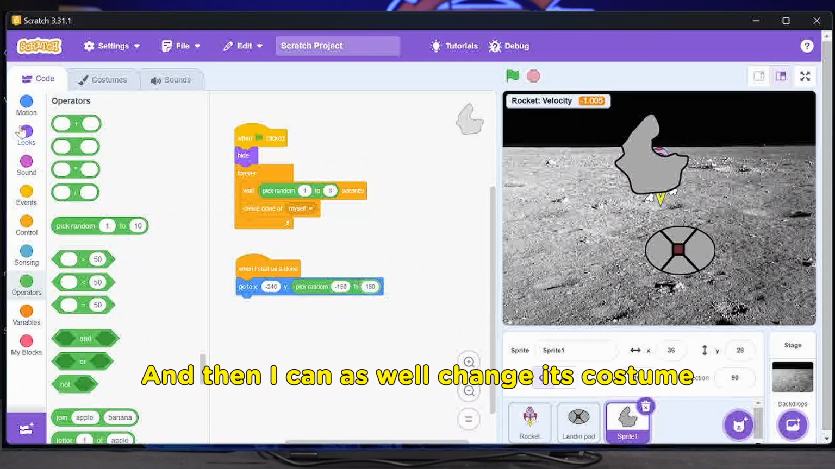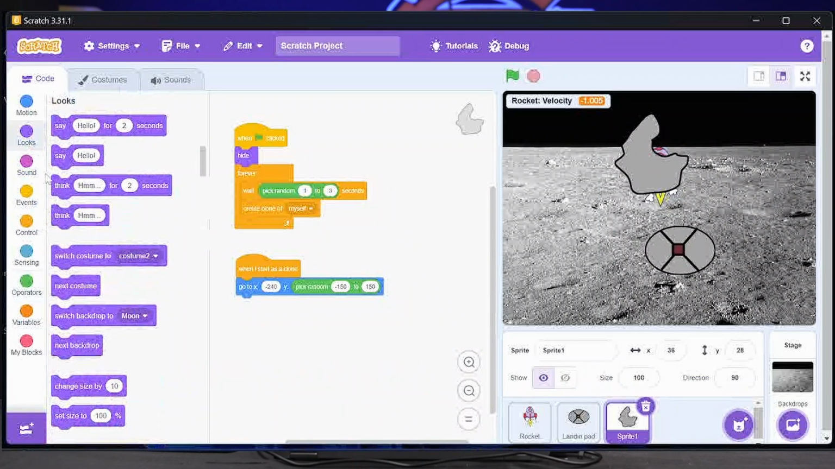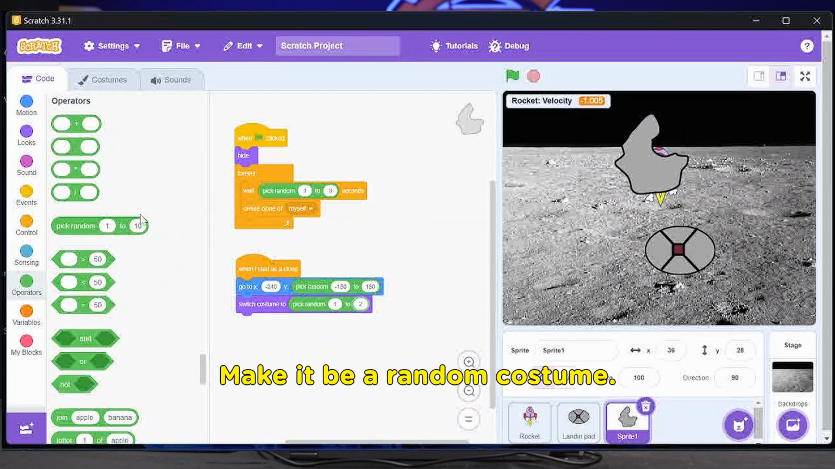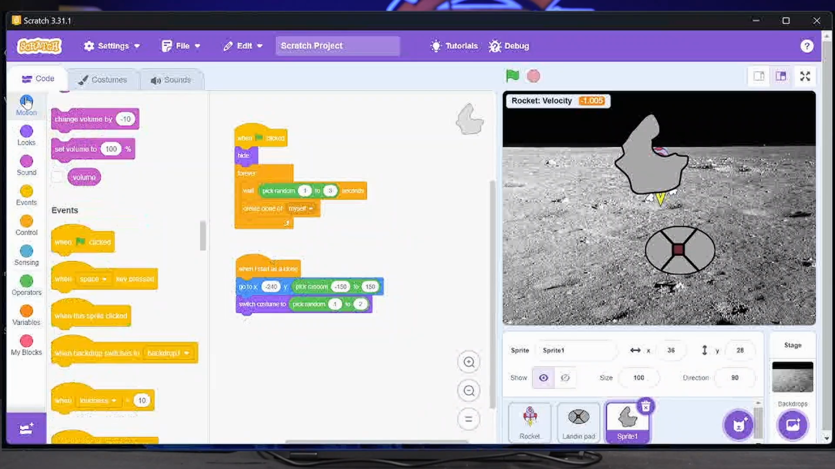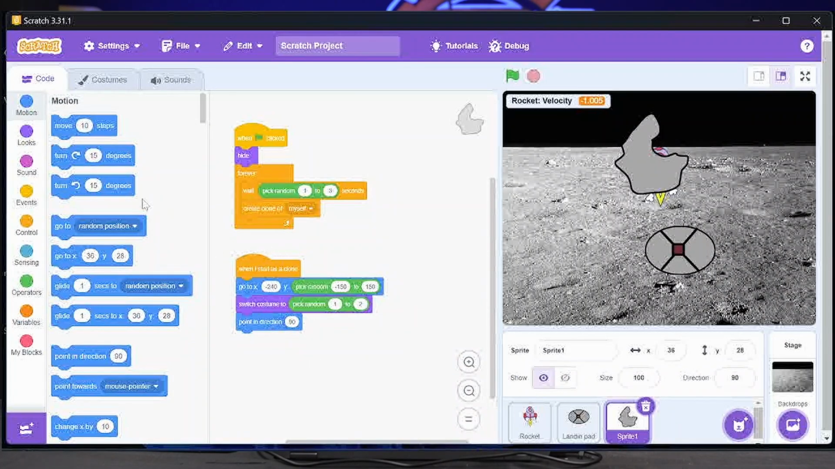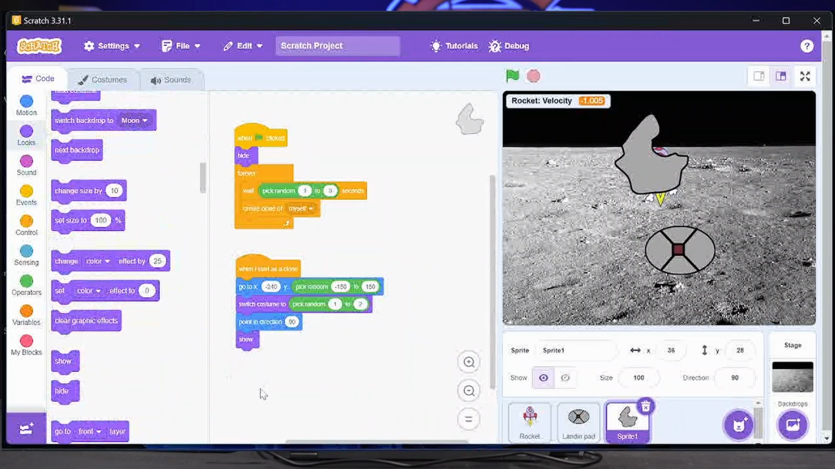And then I can as well change its costume since we had 2 costumes created. I can make it switch costume, make it be a random costume. Then I'll have it point in that direction, and then it can show. And this should repeat